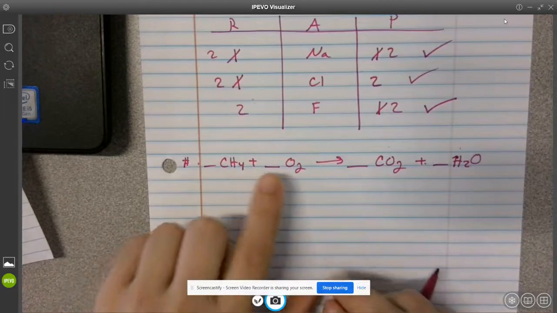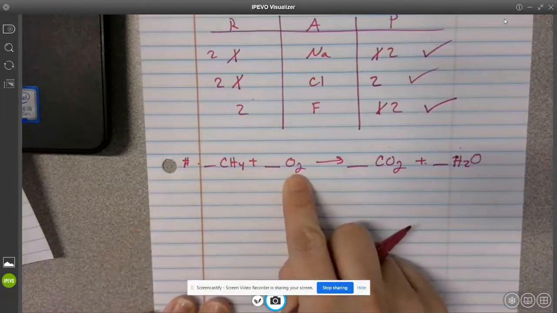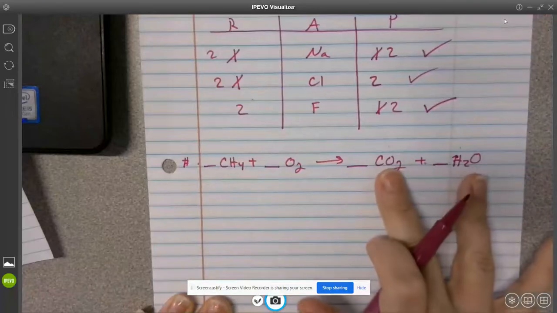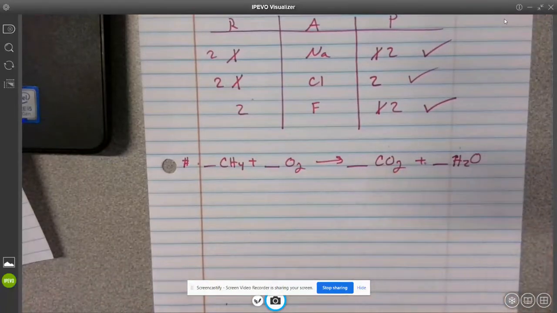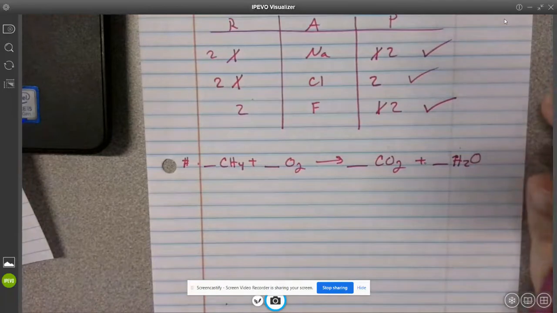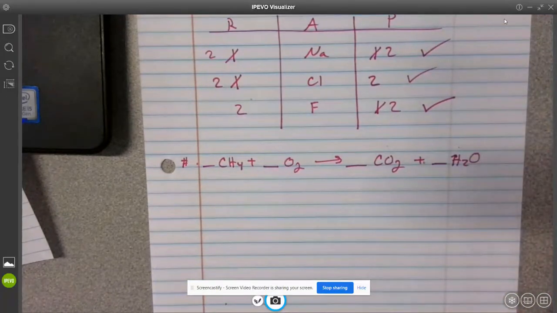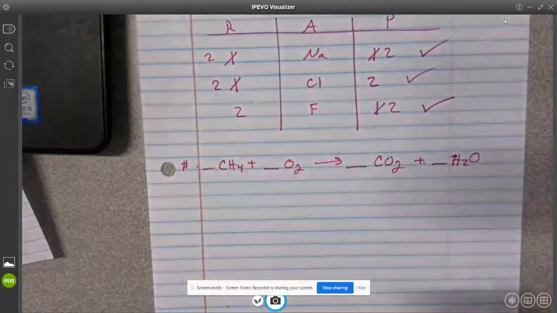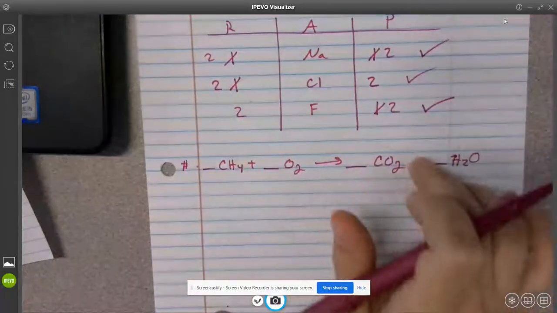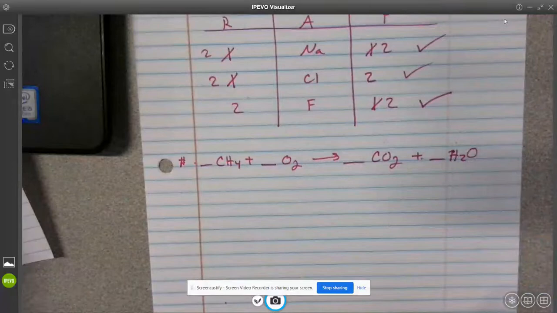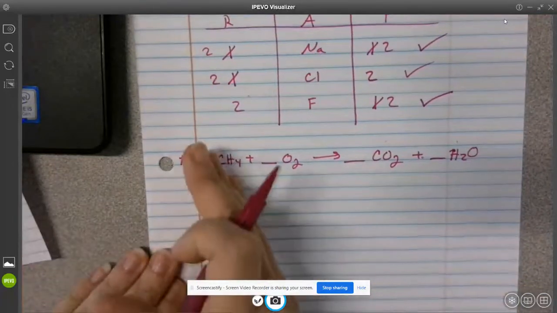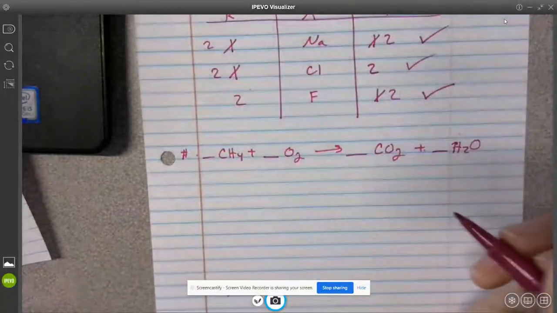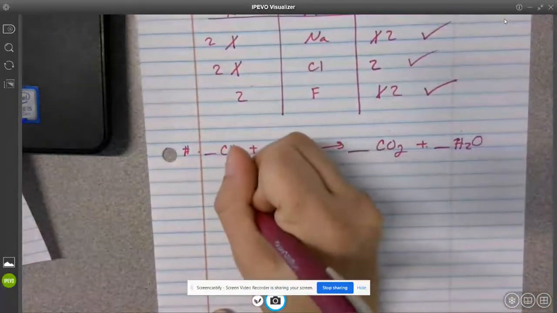The difference is I have 2 oxygens by themselves on my reactant side, and on my right side I have 2 different oxygens in 2 different places. So the plus is going to mean I'm going to add them together. So 2 plus 1, overall I have 3 oxygens on my product side. So I can do this 2 different ways. I can do this visually, looking back and forth and putting in my coefficients, or I can do this with